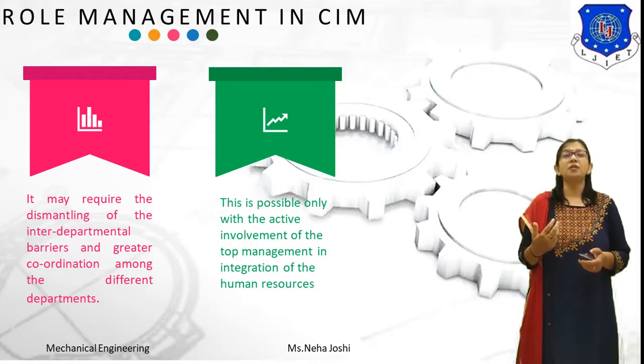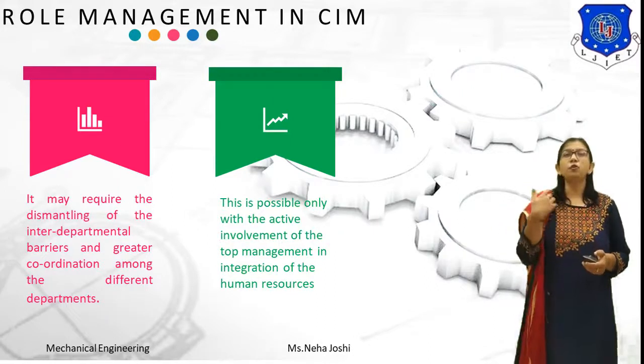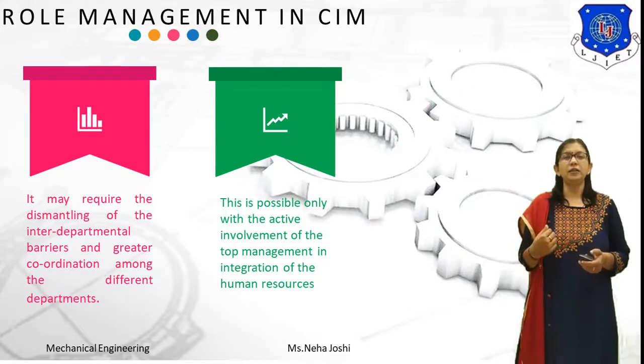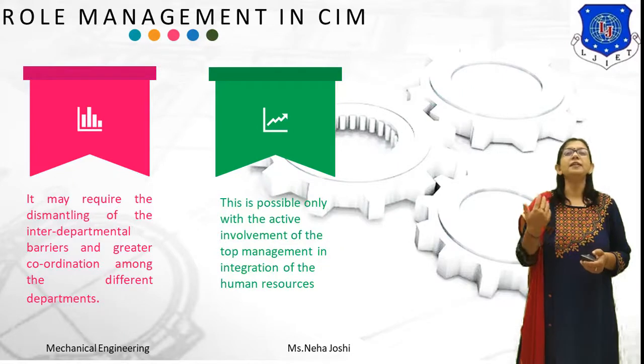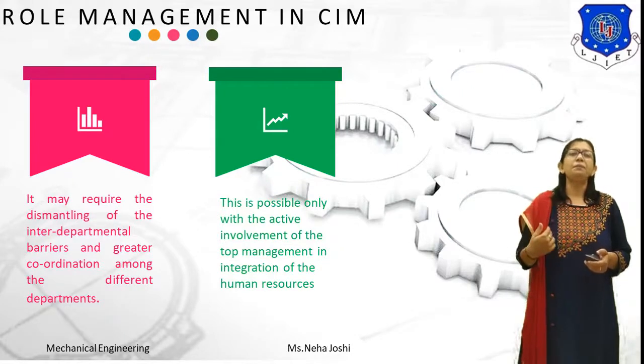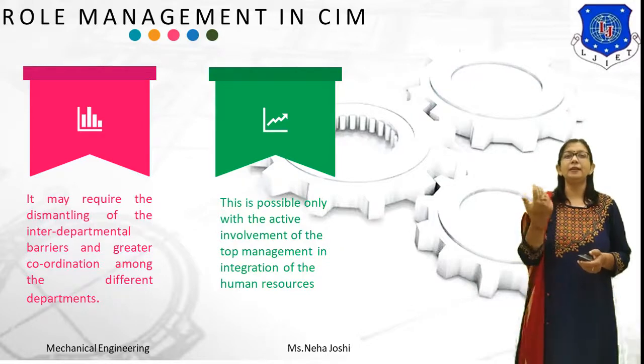Now, there are basic 6 tasks to be performed by the management in the implementation of SIEM. They are: develop a business model for a factory to understand the problem; develop a functional model for the processes, functions and the activities; develop an information model for system interfaces, database and information exchange; develop a network model for communication and networking; develop an organizational model for integrating the various islands of automation; and develop the implementation plan which takes into account special features of the business and operations. So these are the roles of management in SIEM.